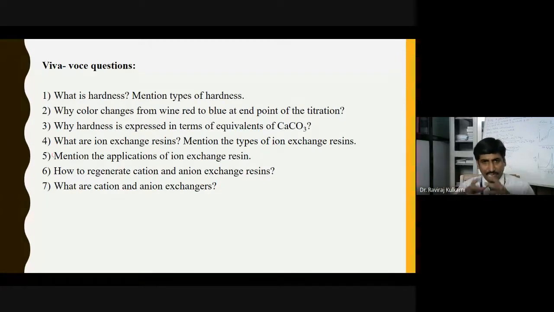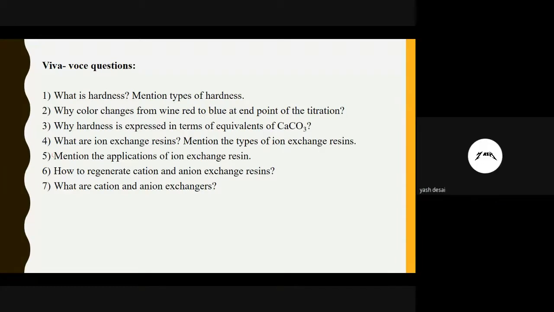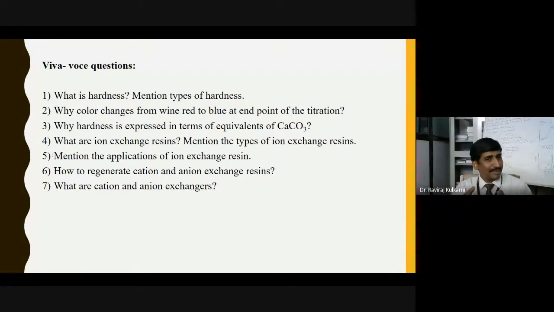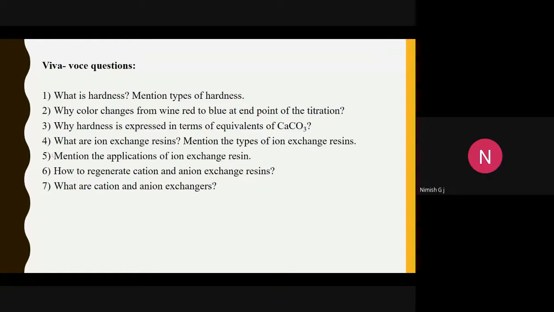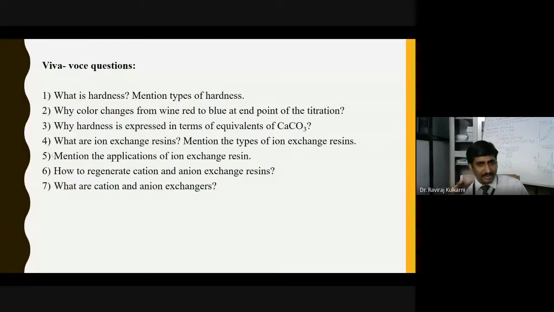Hope this experiment is clear to you, right? It's theory because it's an experiment, so unless you do it, you don't understand it. But at least you understood the theory behind this experiment. There were too many things which are not related to your syllabus, but still I discussed so that you can understand this concept clearly. We can do the experiment. We just go through the video on how to determine the total hardness of water by complexometric titration.